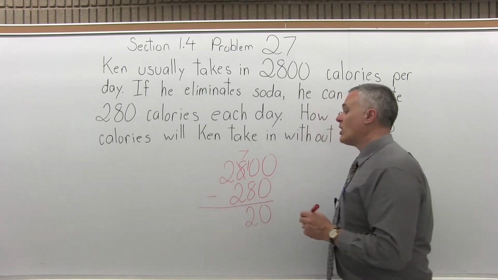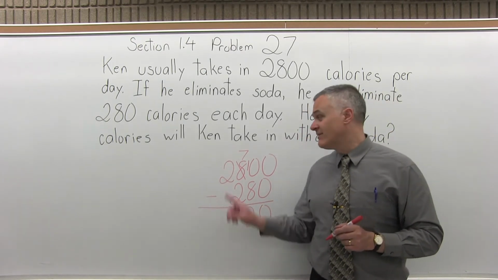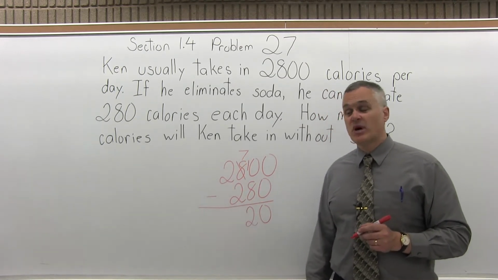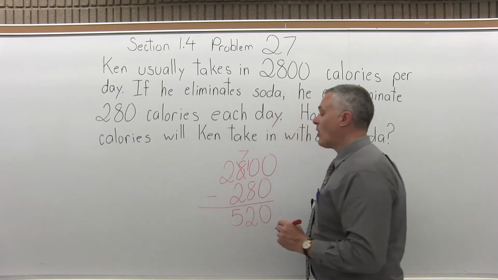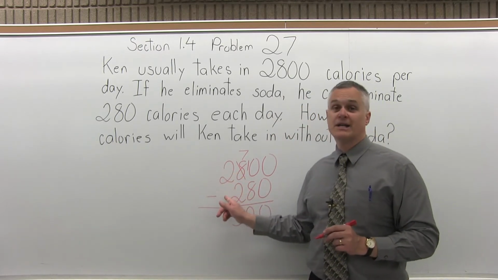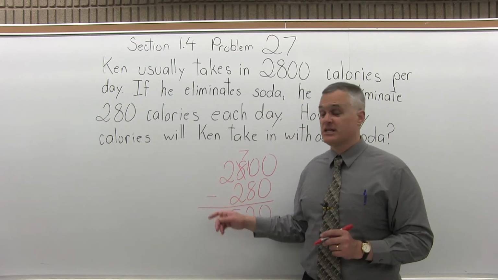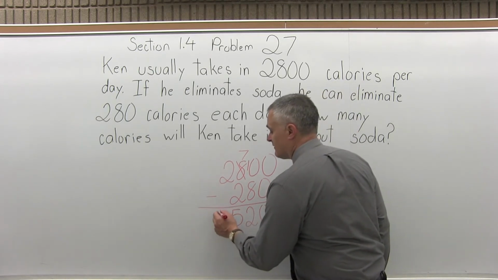And then I move over one column to the left, and I have 7 minus 2. 7 minus 2 is 5. And then I move over one more column to the left, and I have 2 minus nothing underneath it. So 2 minus nothing is 2. And that gives me a final answer of